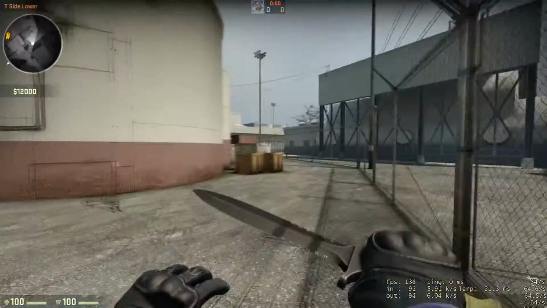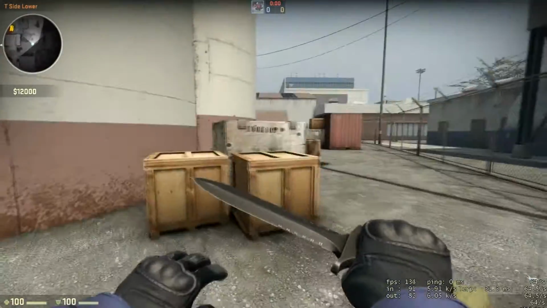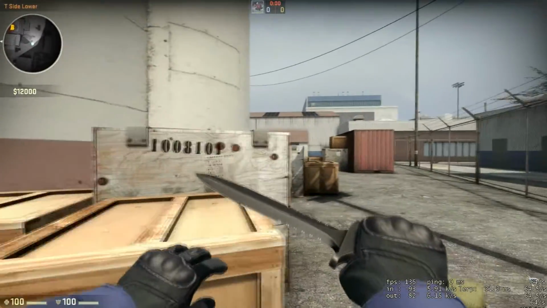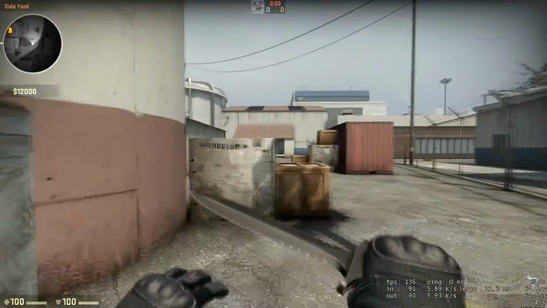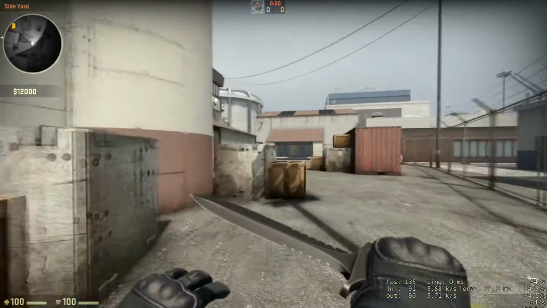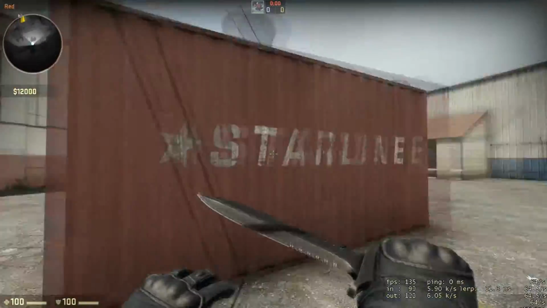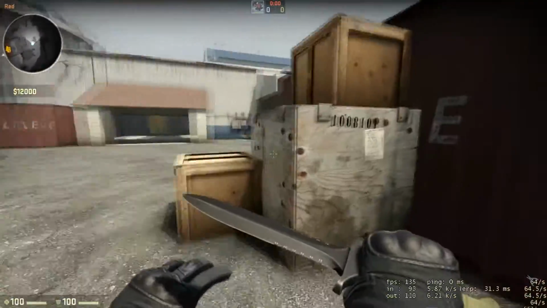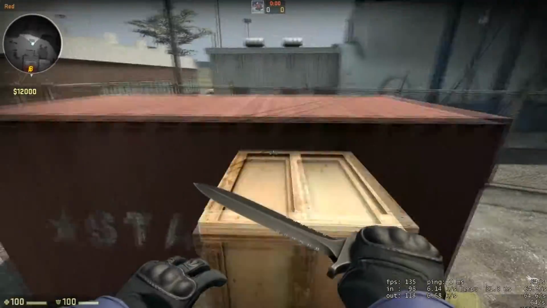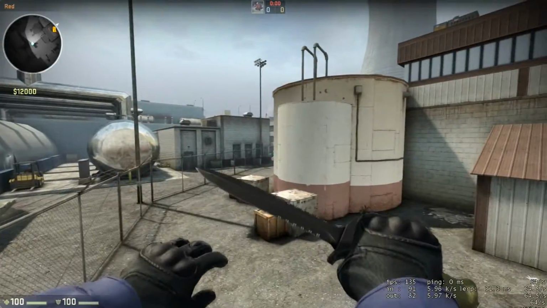And T-spawn's pretty much the same, so we won't bother going down there. You can still bounce smokes and things off that wall. These boxes have changed. They've still got that little risk gap when you come out. It's a bit bigger this time, which makes it opening from Mac even easier. This whole kind of red thing is the same, except for these boxes have changed. And for the first time, if I'm correct, you can get up on this red kind of box here and